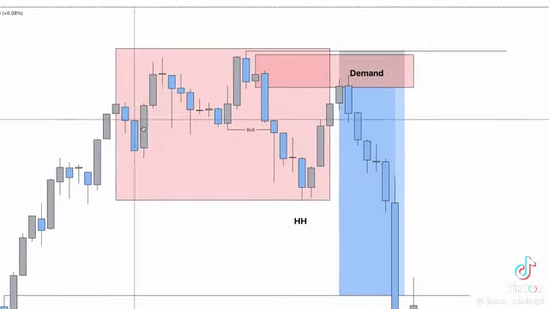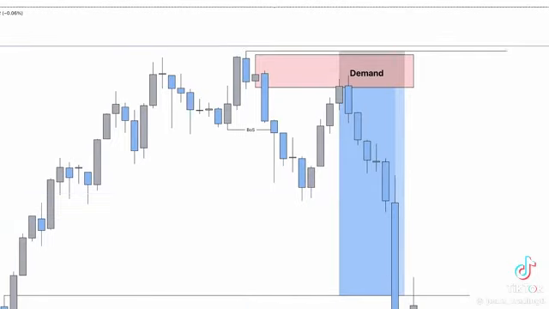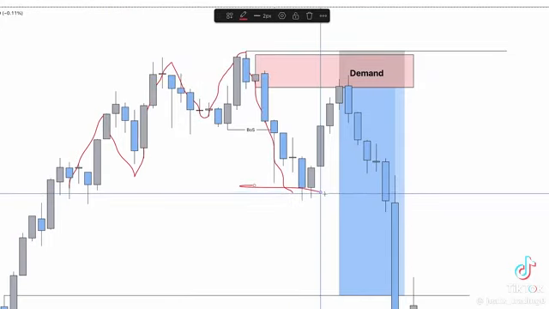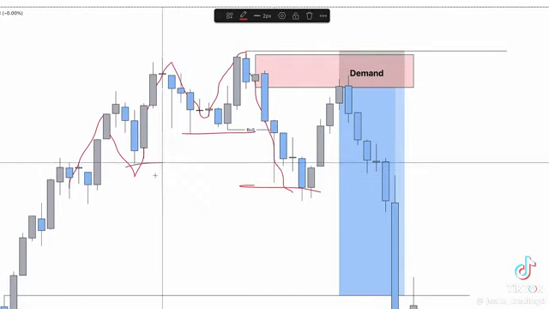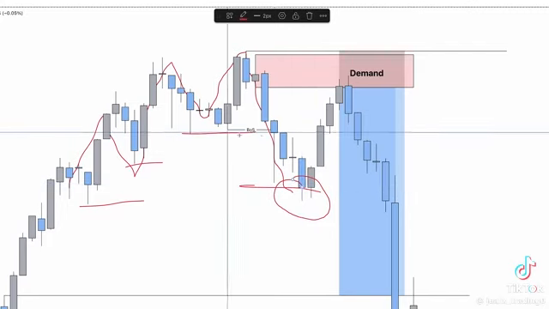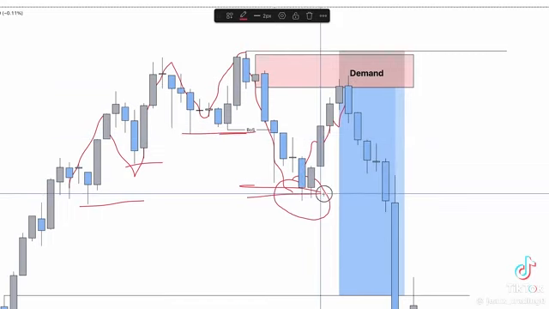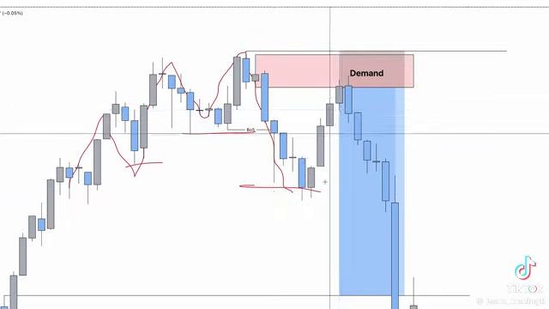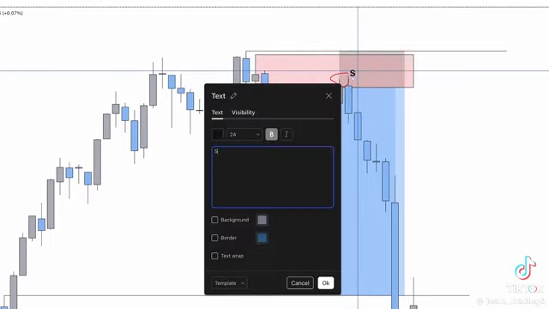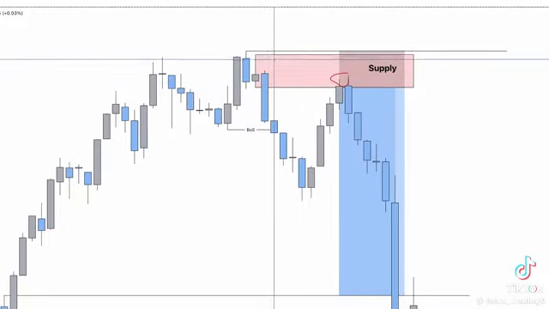Now I just want to explain, everything works exactly the same for bearish positions, except we are of course looking for shifts from higher highs and higher lows into lower lows and lower highs. So when the market stops forming these higher highs and instead creates an impulse that drives into a lower low, we then form our bearish confirmation because the higher lows have broken, a lower low has formed, and we can now see that sellers are in control. So the most probable movement from here is to sell from what we would call then a supply zone, which is, once again, just the last candle before the impulse,